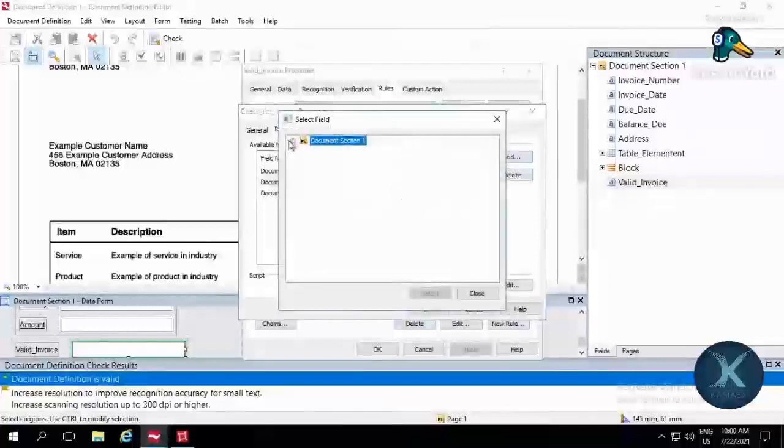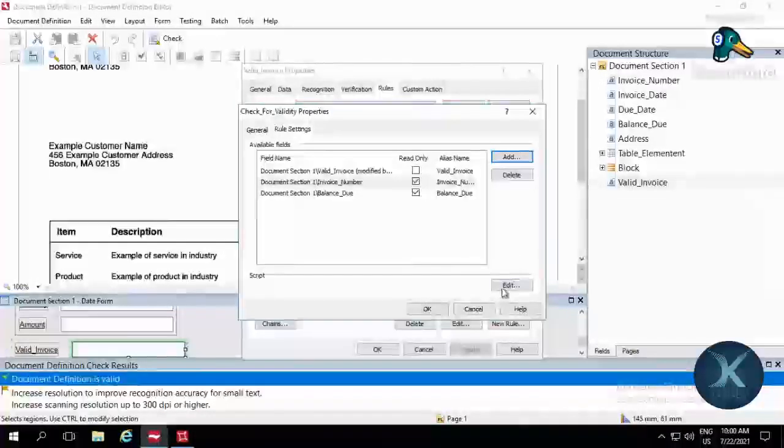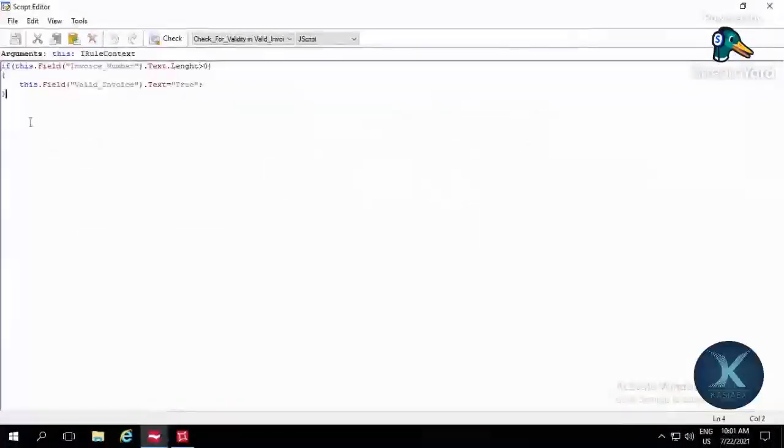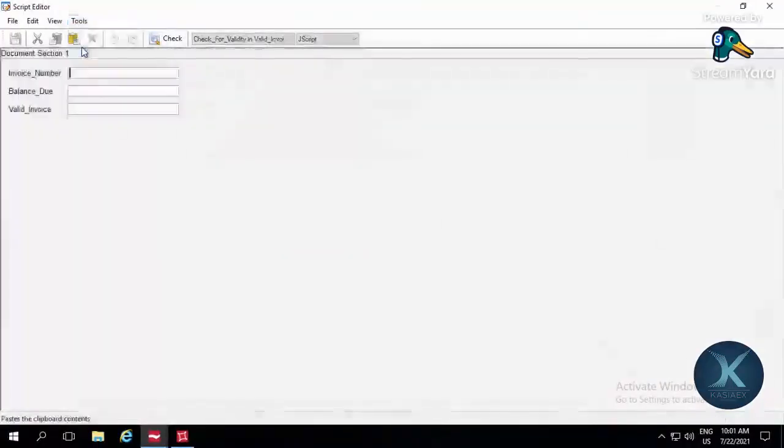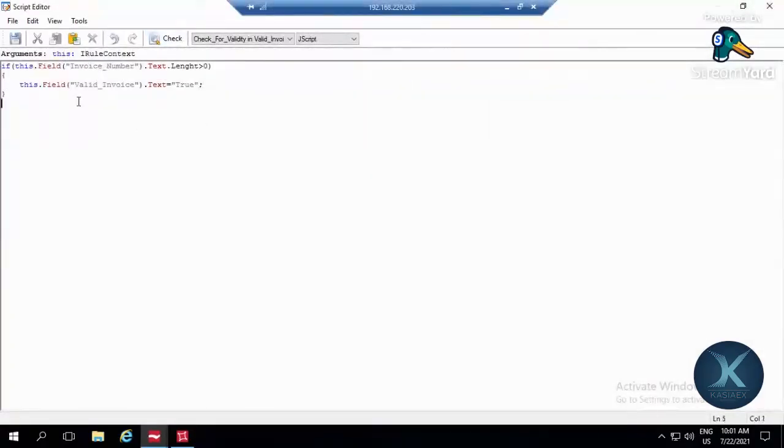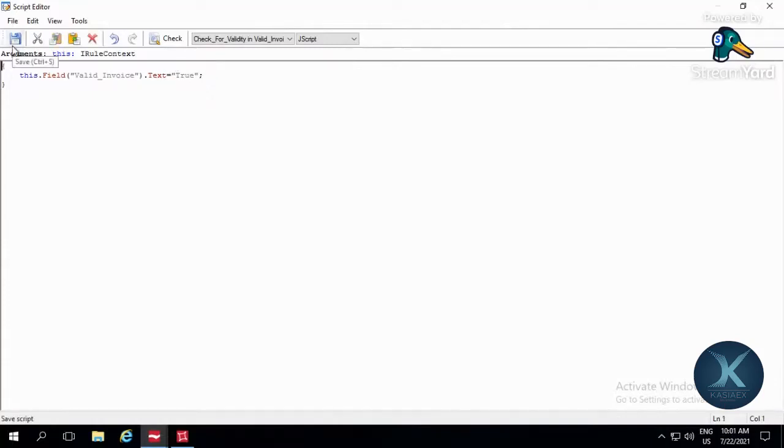Document section, add section 1, invoice number I have taken. That's correct. Did test. CDFG check, just passing and everything. Okay, let me check what is actually going on. Text is equal to, I'm just going to add the same text as this